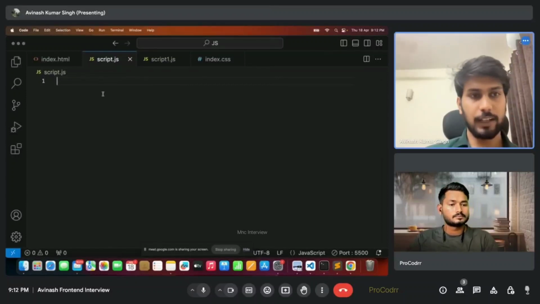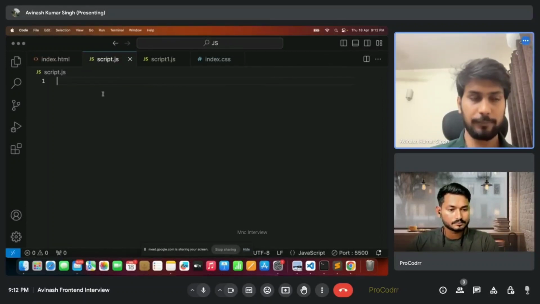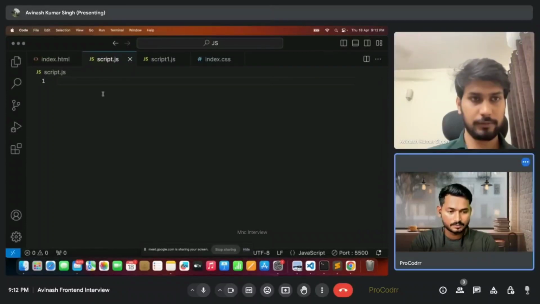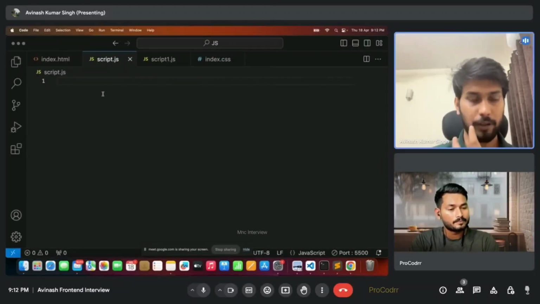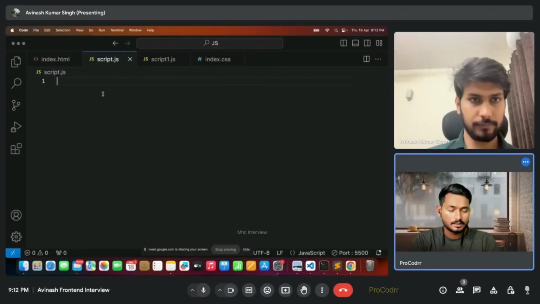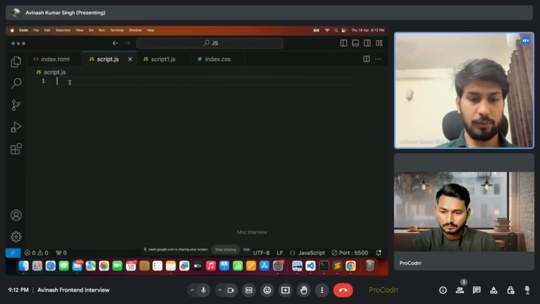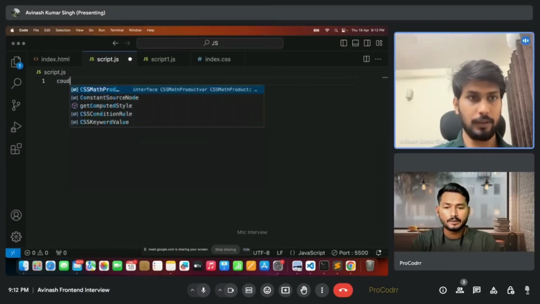I'm thinking about an approach for creating the circle. Just help me with that. Yes, I will be creating a div with some random width and then giving it a border radius of 50%. Yes, that would be good. That's okay. That's good. So first, you can use CSS like